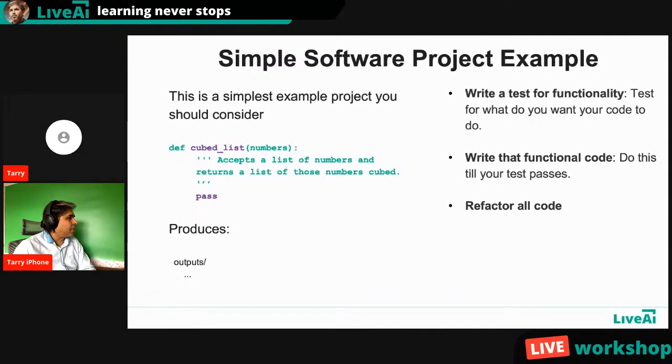Again, this is a simple example I picked up on the internet. It just shows a simple test example project. In this case, I'm defining, for example, the cube of a certain number. Then you have your docstring to explain what you're doing. It accepts a list of numbers and returns a list of those numbers cubed. And then you're just writing a very basic example test, the code and the utilities,